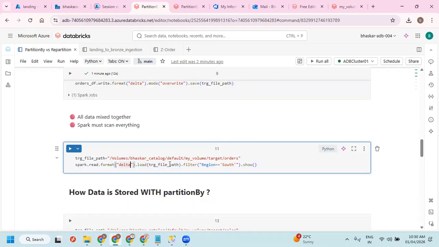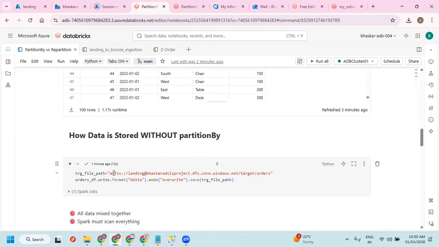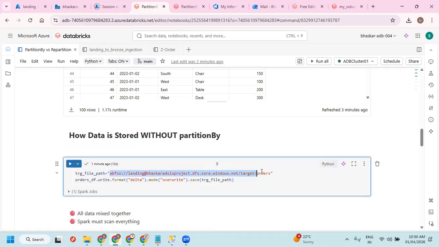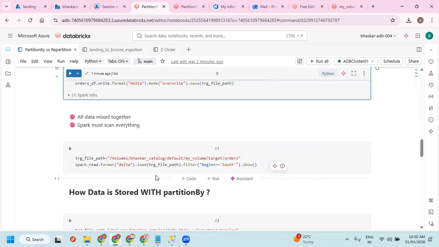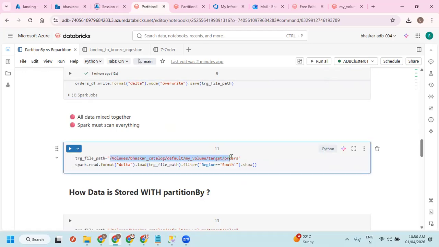Now let me read the data. How we are going to read it: let me take this folder and copy this. From this target file path, I'm just going to read it.